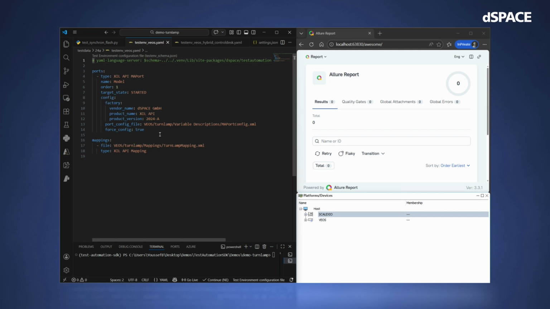This configuration file identifies which interfaces are available for the test case to be able to manipulate the signals from. For example, in this one, we defined for our scenario today a simple MR port, XIL-ASM XIL-API MR port. Via this configuration file, the Test Automation SDK understands that the battery voltage is a variable that can be manipulated